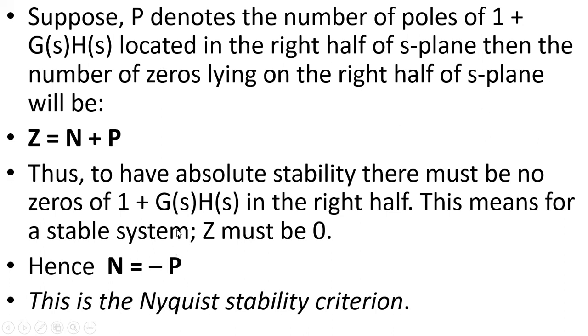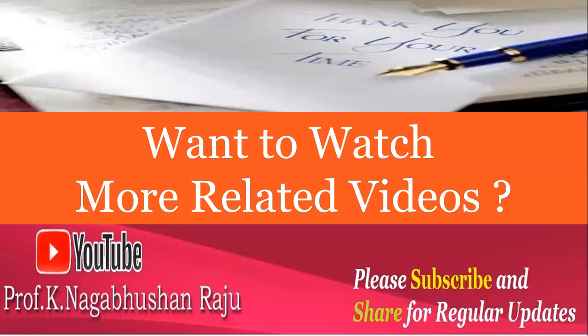So the number of poles should always be on the negative side, so that will always be on the left-hand side. So that is exactly the Nyquist stability criteria. So that's all we understand as far as Nyquist stability criterion as such is concerned. But writing the Nyquist contours, Nyquist path, and mapping it from S-plane to G of S, H of S plane, that we will see later.